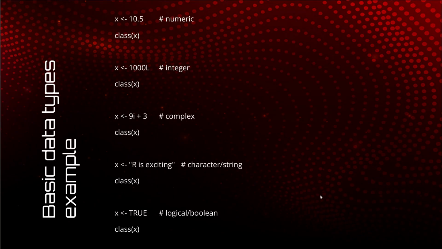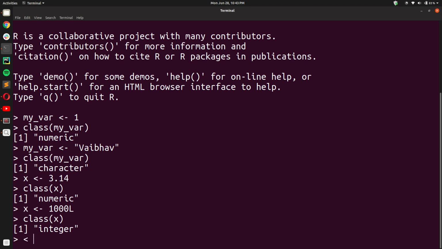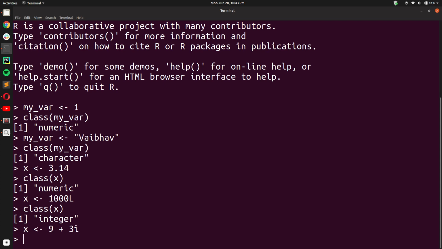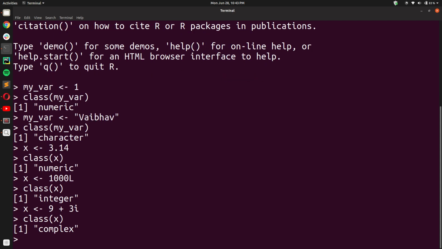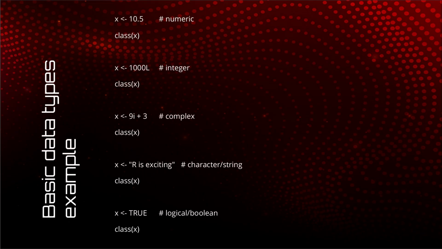Okay, now you can also change this variable to a complex data type. So let us change it to 9 plus 3i, and when we check its class, complex as we expected. Okay, so now we can change it to a string as well.